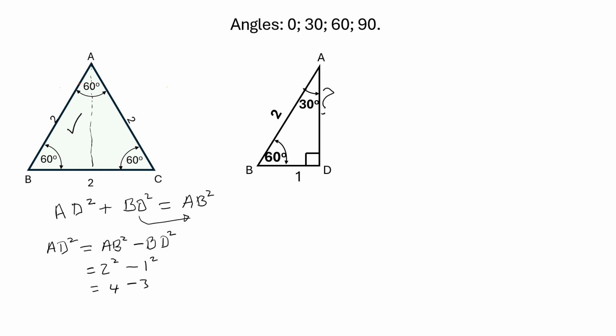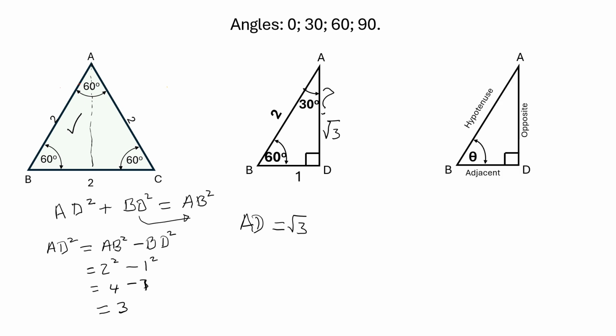4 minus 1, and that will give us 3. So AD will be equal to the square root of 3. So our bisector AD is now square root of 3. Good. So now we have all the properties of the triangle, and we want to look at an acronym,